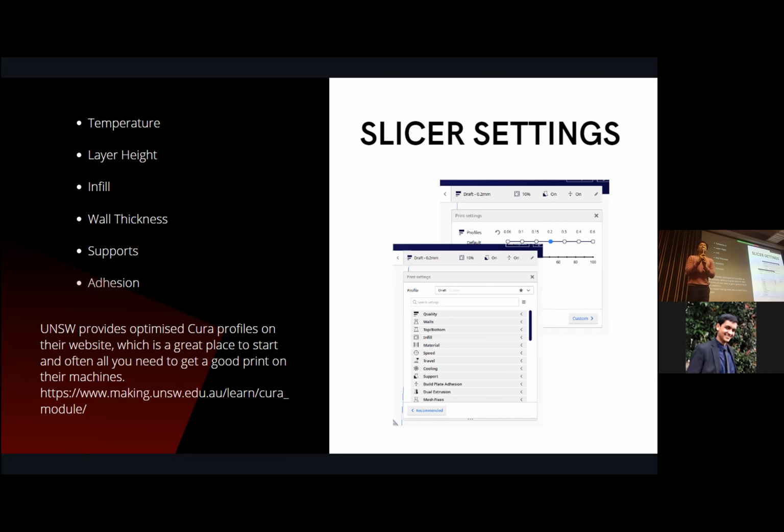Layer height. So the layer height is basically like the resolution of your printer. 0.2 is usually a good idea to go with because it gives